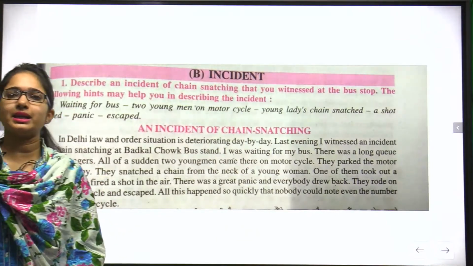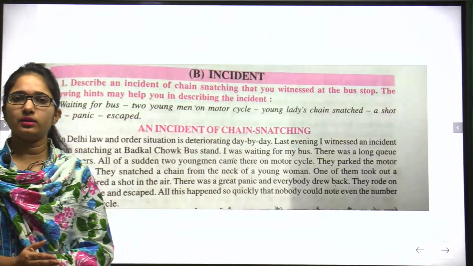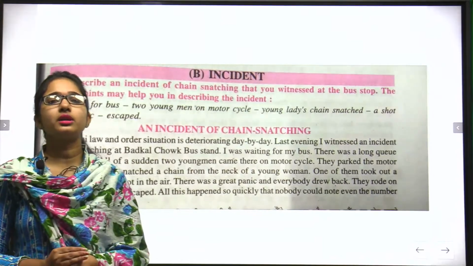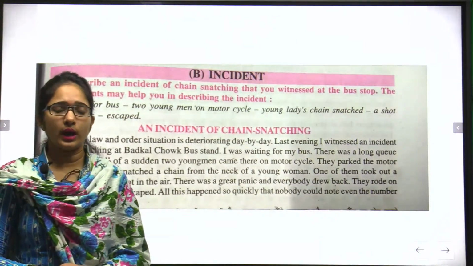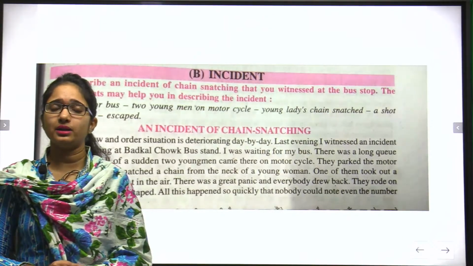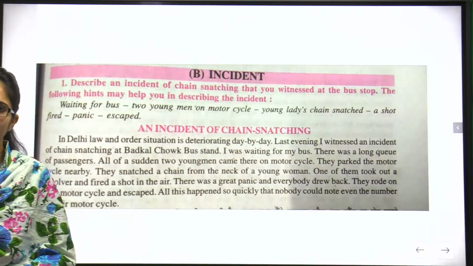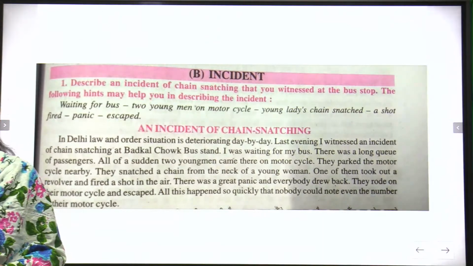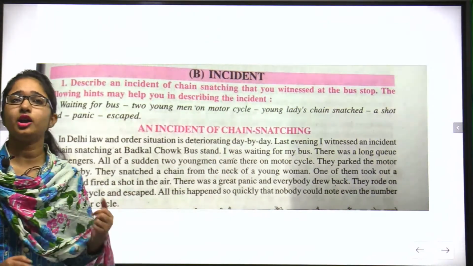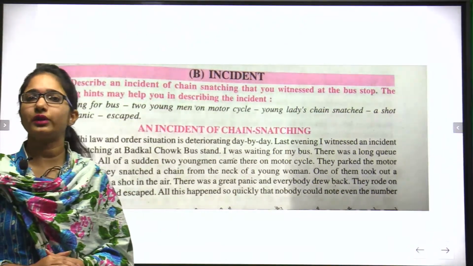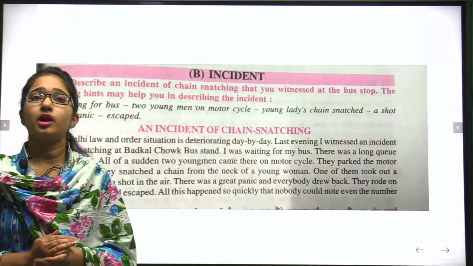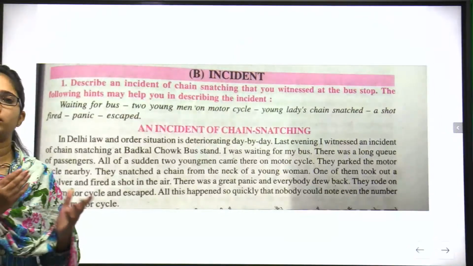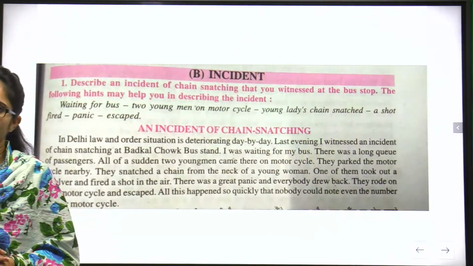Whenever we are writing an incident, the first step is that we need to write down the heading of the incident, or we can say the title of the incident. We have to remember that when we are writing a heading of an incident, we have to use an eye-catchy heading. Eye-catchy heading means the heading which can attract the eyes of the readers. If you are giving a heading which attracts the eyes of the readers, then only the readers will come and read our description.